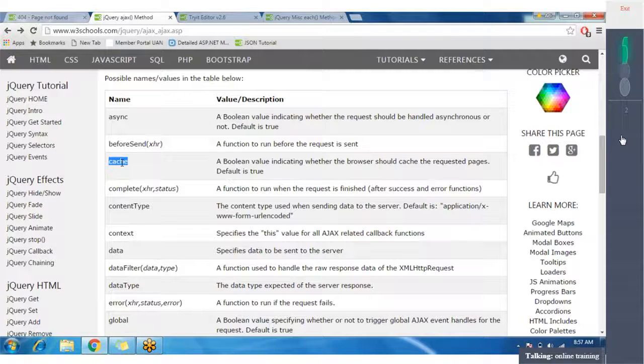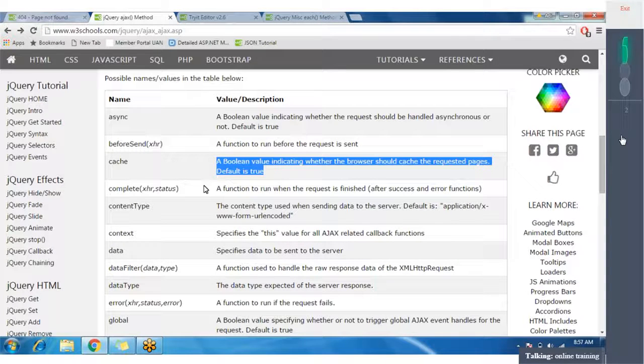So instead of making individual calls to the server for that data, you can store that data in the browser and get the data from there. It indicates whether, while making the call and getting the data from the server, it will store that data in a cache or not. Default is true. By default it stores the data in a cache, and for the next call it will get the data from the cache only, it will not go to the server.